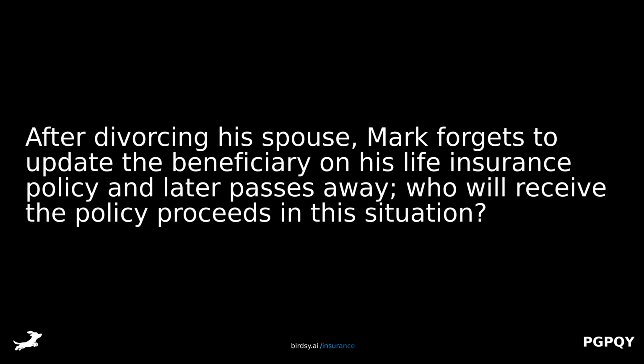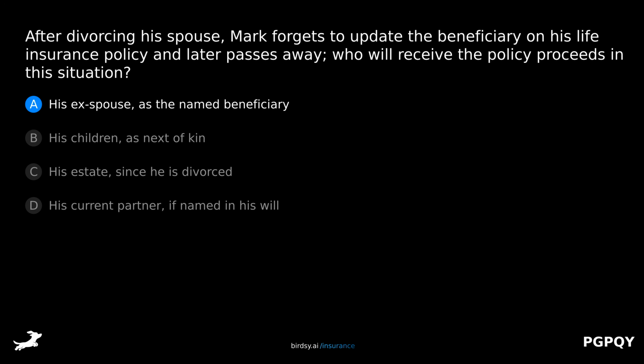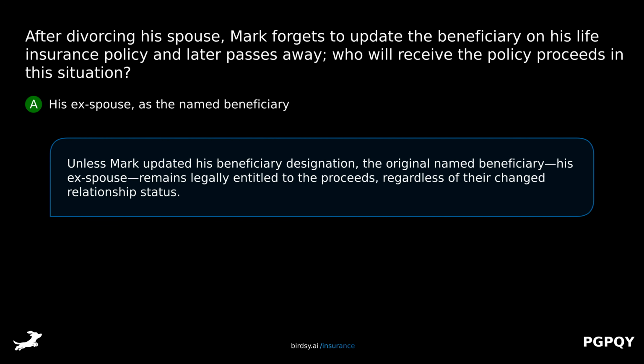After divorcing his spouse, Mark forgets to update the beneficiary on his life insurance policy and later passes away. Who will receive the policy proceeds in this situation? Is it A. His ex-spouse as the named beneficiary, B. His children as next of kin, C. His estate since he is divorced, or D. His current partner if named in his will? The correct answer is A. His ex-spouse as the named beneficiary. Unless Mark updated his beneficiary designation, the original named beneficiary, his ex-spouse, remains legally entitled to the proceeds, regardless of